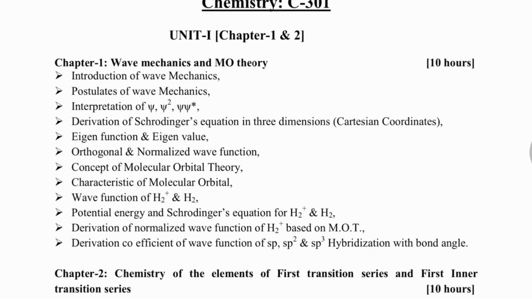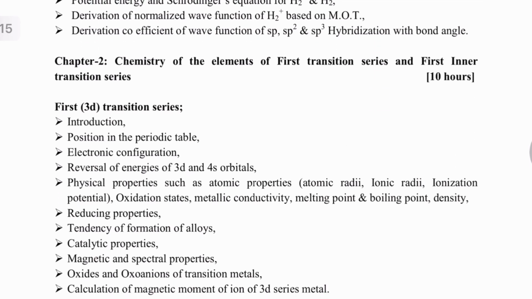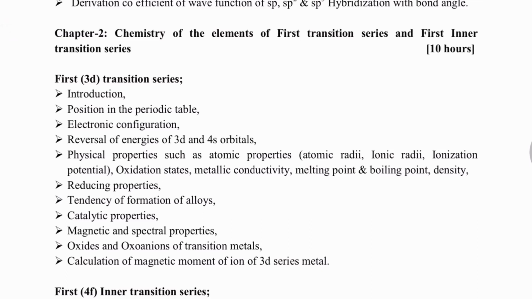So moreover, chapter number 2 is chemistry of elements of first transition series and first inner transition series. Now you all know our periodic table, right? So in this transition series and first inner transition series. First 3d transition series: introduction, position in the periodic table, that means its place in the table, electronic configuration, that means the arrangement of electrons,